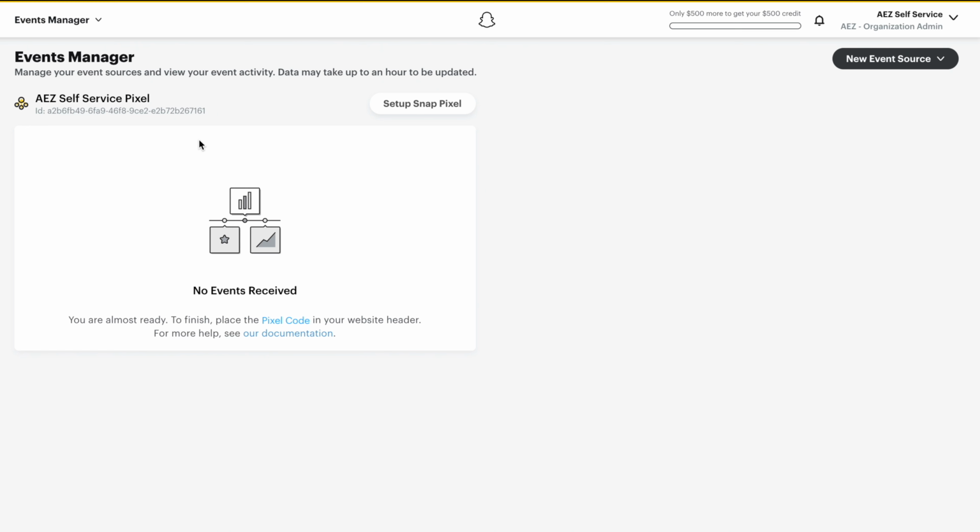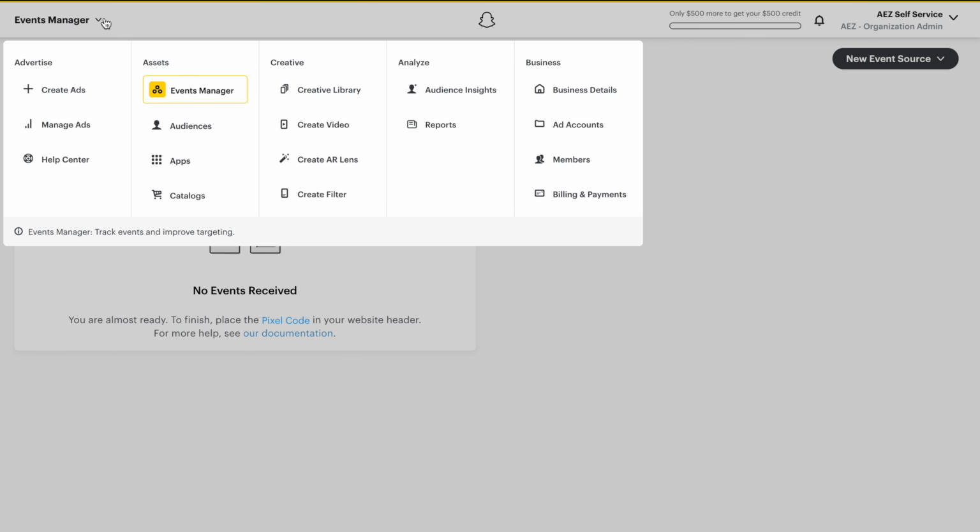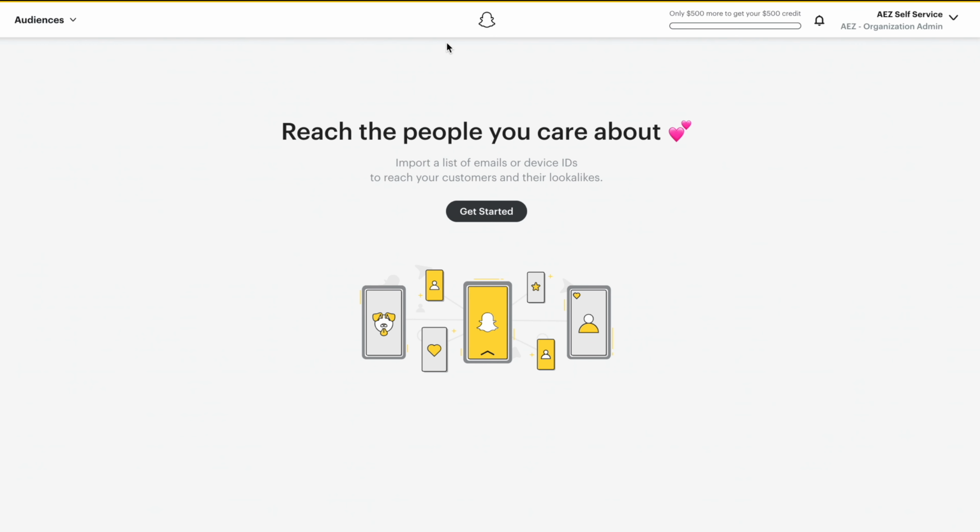Once that's all set up, just make sure you go onto your website and refresh the page, and make sure that the pixel is properly firing on this page here. That's all you need to do. Then from here, click on audiences. And then what we want to do here, again, before we start creating our ad, is make sure that number one,